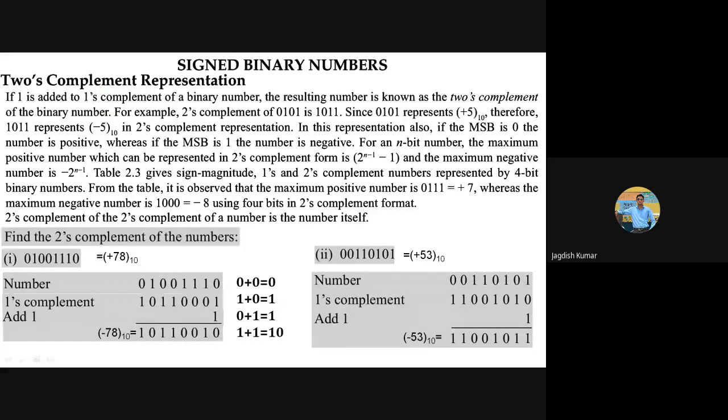So that is what completes your 2's complement. I hope by now you have understood how to find out 2's complement and what the physical meaning of 2's complement is, right? So we discussed one way to find out 2's complement, which is, okay, first we have to find out the 1's complement of the number. Then we have to add 1 to the 1's complement. That looks a little tedious task. I mean, time consuming rather. There is a shortcut as well to find out the 2's complement of a number. How do we find out the 2's complement of a number? We can just deduce it from the previous examples itself.